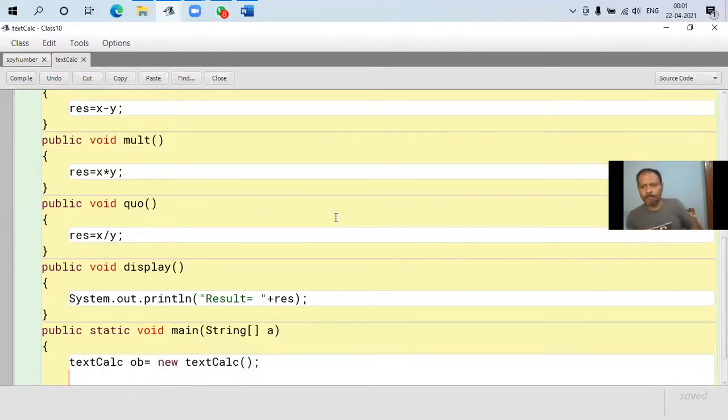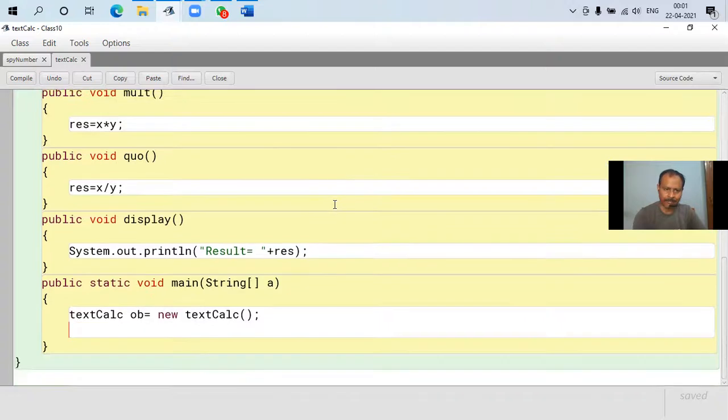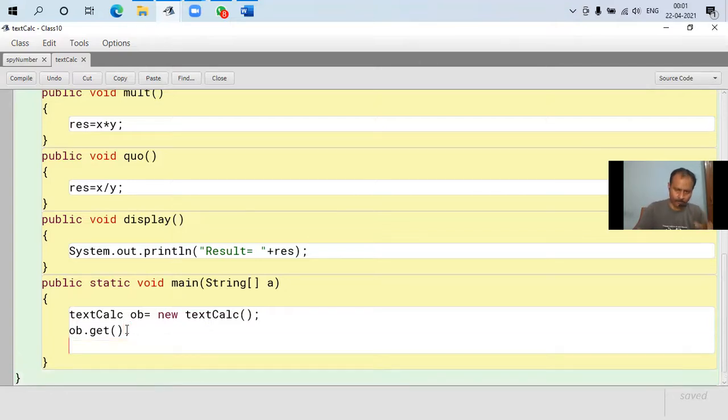Now we need to accept. I'm not going to accept the values from the user and show you, or get into the complications of a switch case menu based program. I'm just typing the program this time. Obj ob dot get, that must be the first call because we need to accept the values.